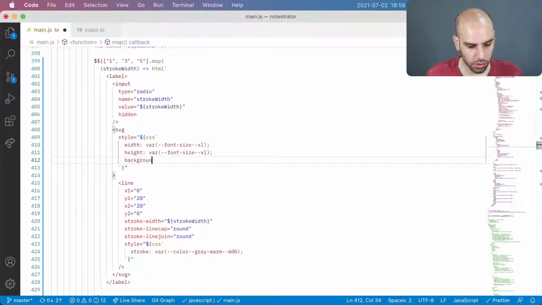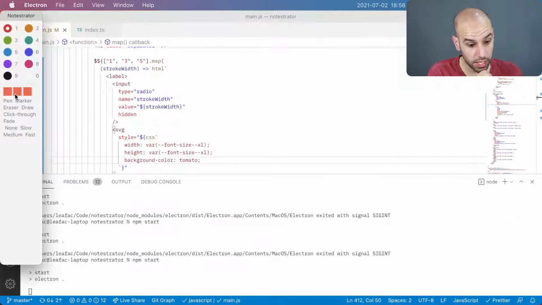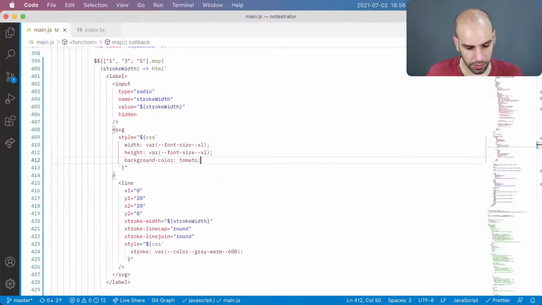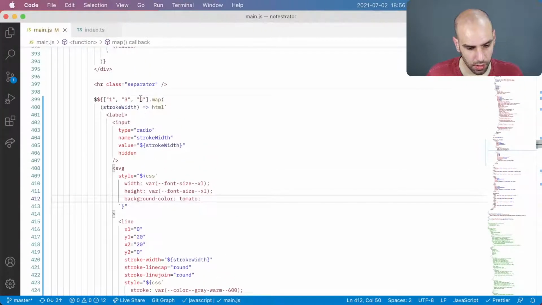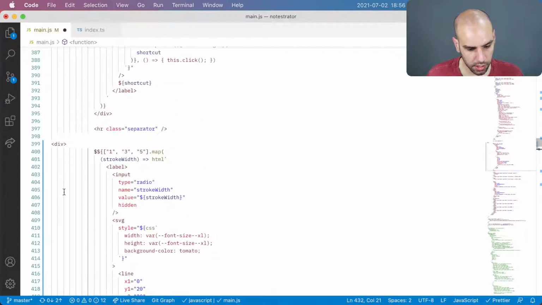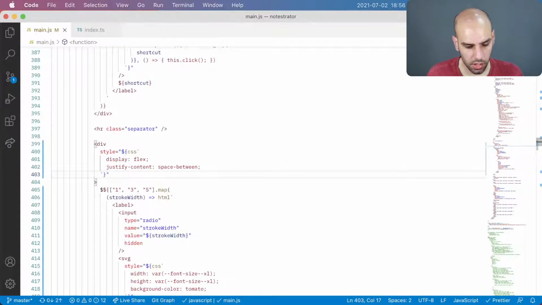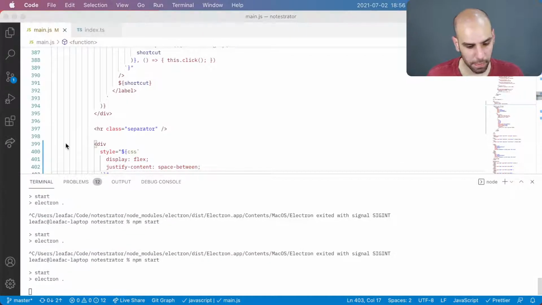We could put a background color here to see if the SVGs are showing up in the right place, and they are. So the problem is in the drawing. Oh, and you probably want to have a div around the whole thing with a style of display flex and justify content space between, so it occupies the whole width of the element of the parent,